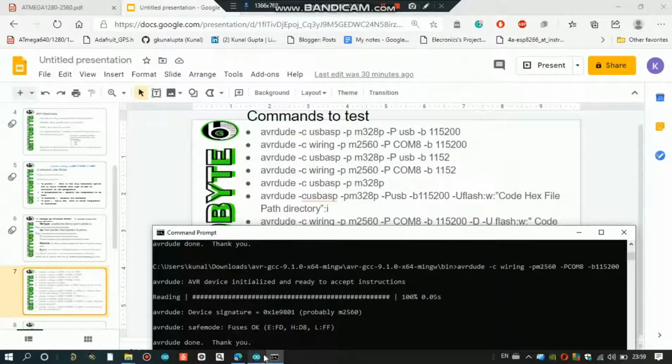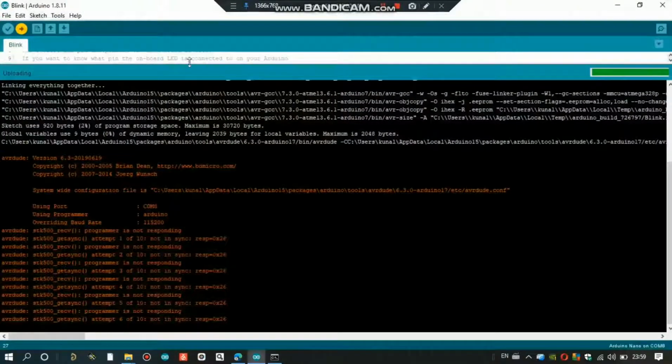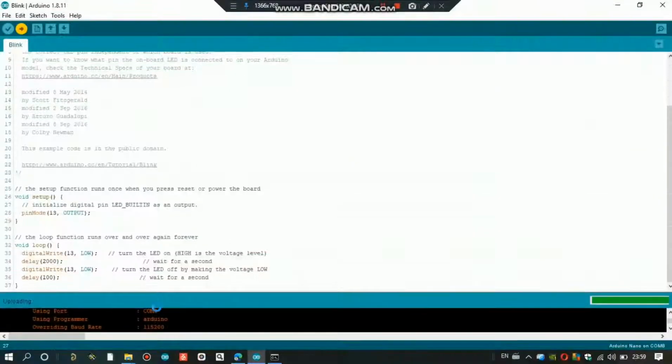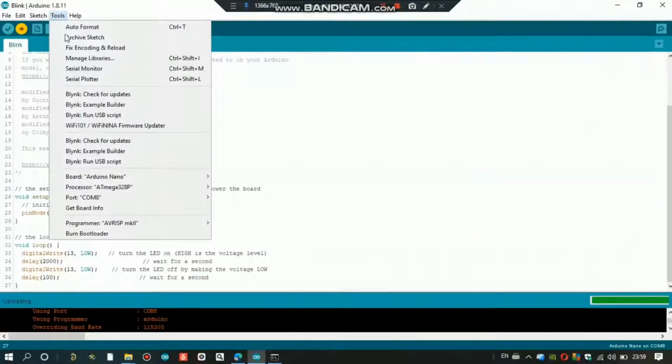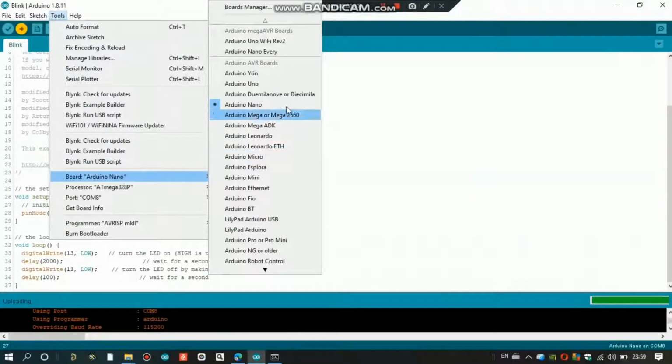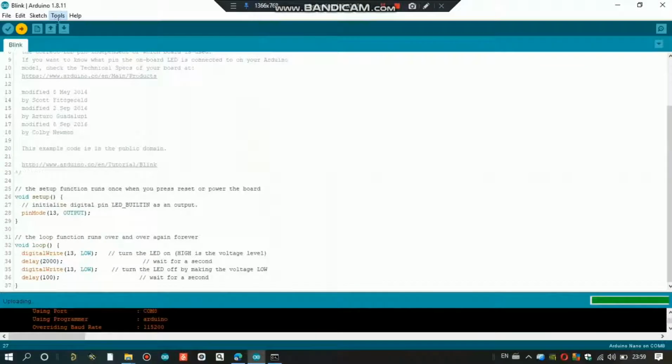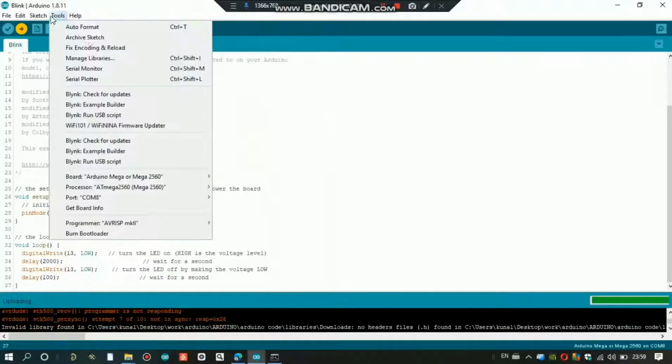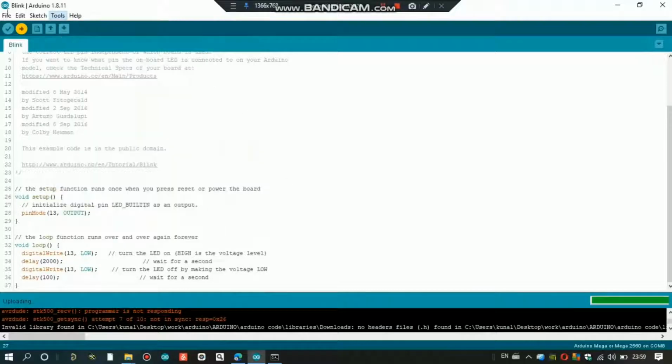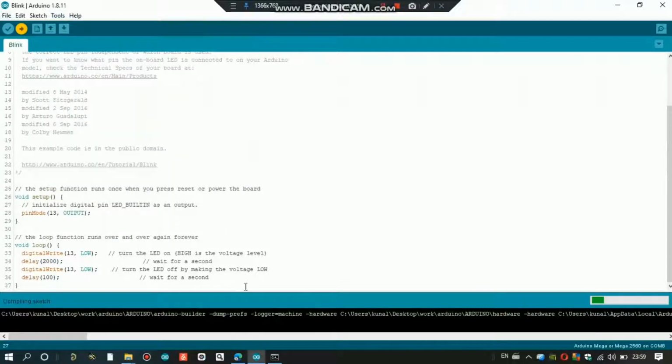So to know that, just go to the Arduino IDE, go to Tools and select the board you are experimenting with. For now I'm going to show you the Arduino Mega. Select the COM port at which your Arduino Mega board is connected, COM8, and then just upload the sketch.